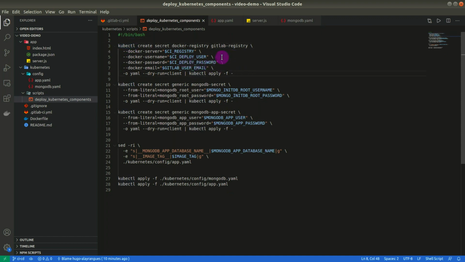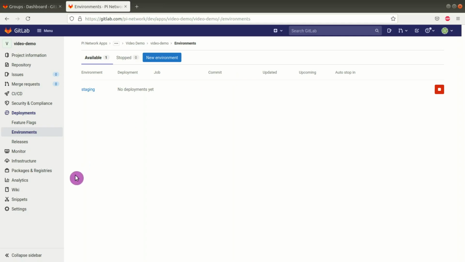The first one creates secrets for the Kubernetes cluster to be able to talk with the GitLab container registry. The variables defined in this secret are used by the Kubernetes cluster to register against the GitLab registry. So these 4 variables are defined by GitLab, and we do not need to create them somewhere. The only thing we need to do here to make this work is to go to the GitLab interface, to